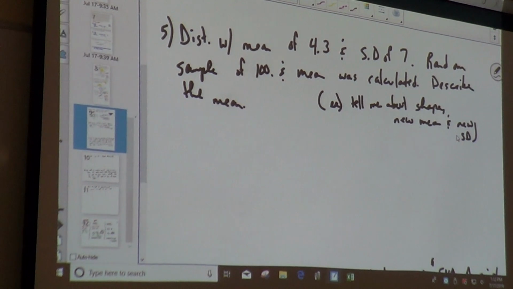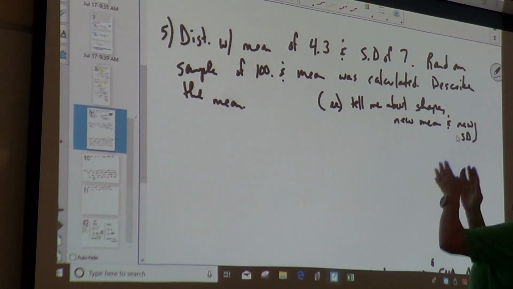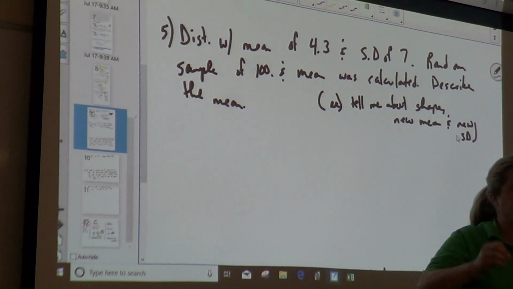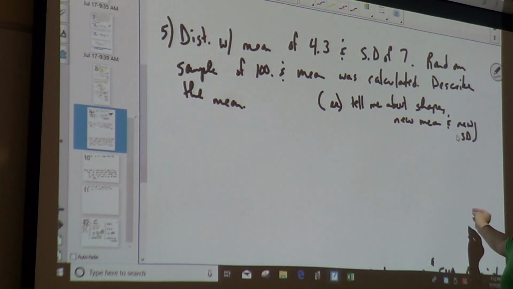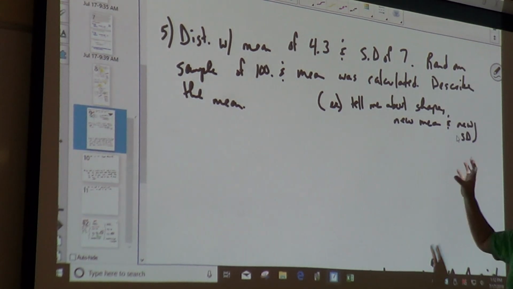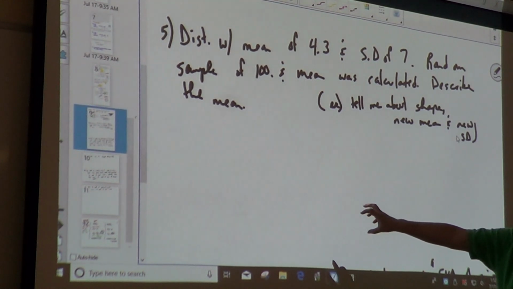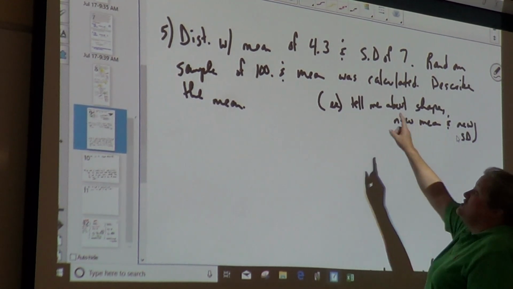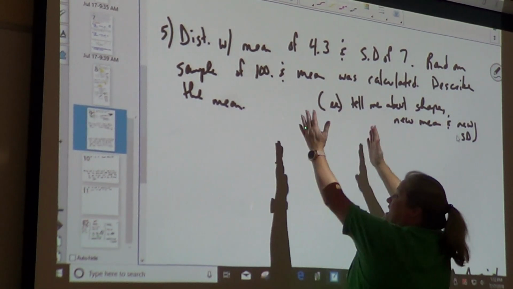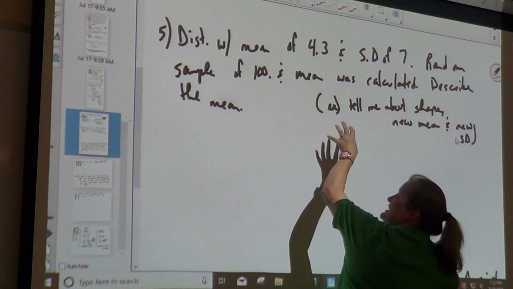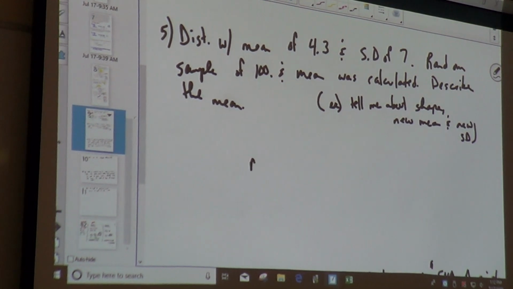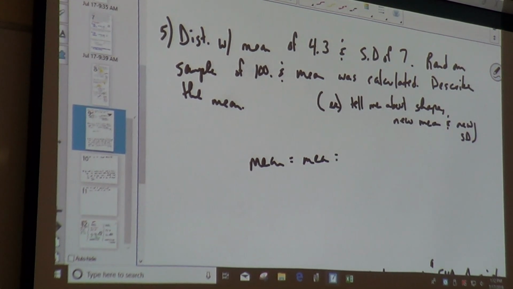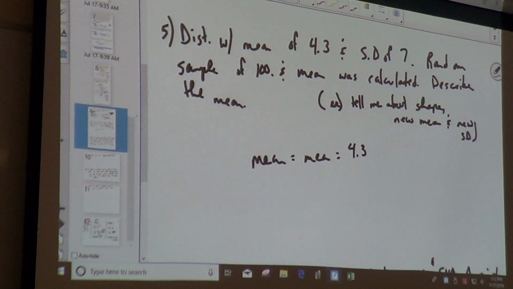Okay, so now let's come to this one. We have a distribution with a mean and a standard deviation and a random sample. So are we talking about the first type of problem, the middle type of problem, or the last type of problem? The middle type of problem, the one that talked about sampling. Now, describe the mean. In that middle type of problem, the mean is the mean. So what is the mean? 4.3. So the mean never changes. The mean is the mean is the mean is 4.3. Tell me about the standard deviation. We have to change the old